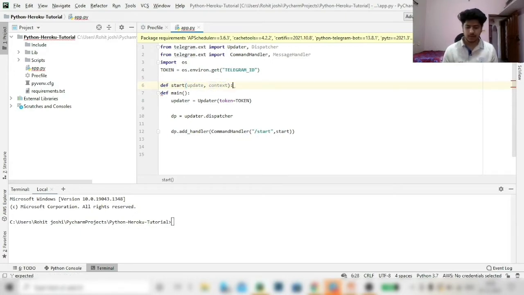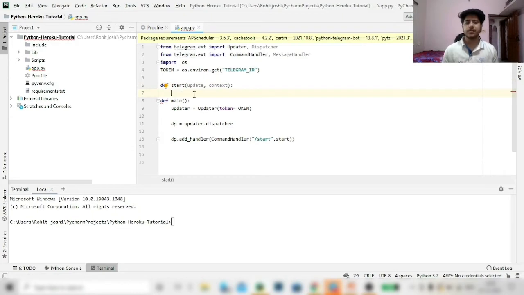So when your dispatcher dispatches a request with the /start command, those requests go to this particular method, and there are two parameters here, one is update and one is context.